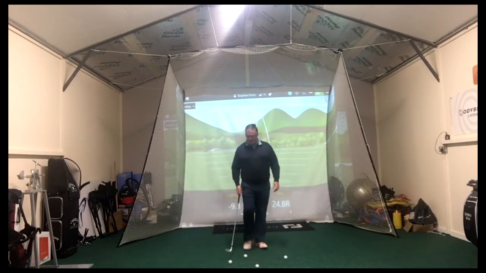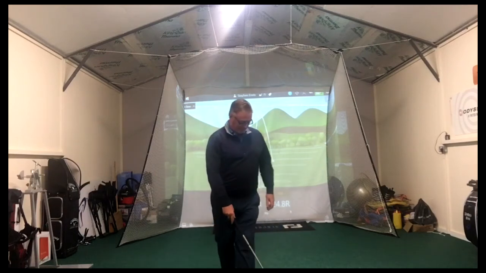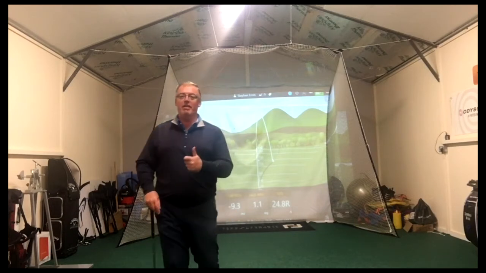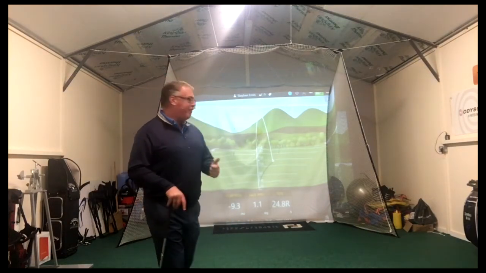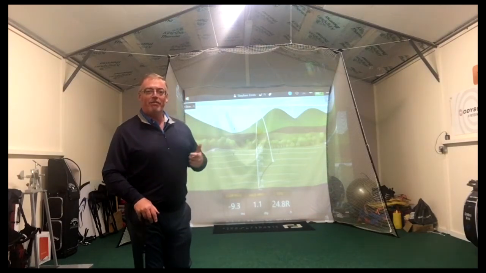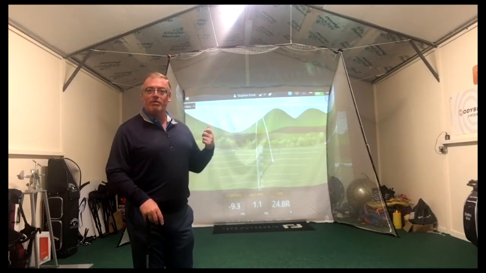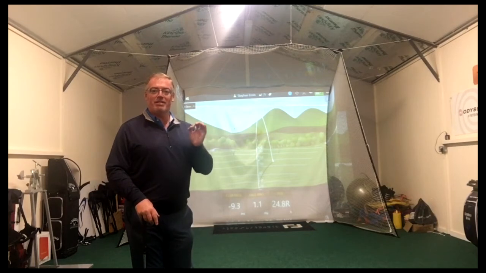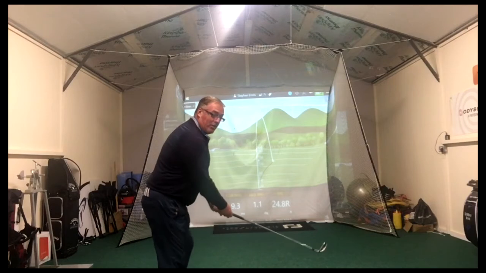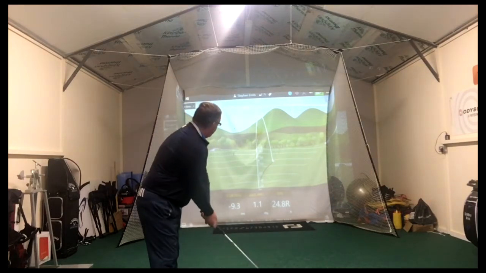Let's go again. This time, we're going to try and control that club face. So what I want here, even though I'm going to be swinging left, I want that face left of the target every time. I know you're going to say, well, why are you aiming away from it? My swing is left. I want the ball starting down the left. Some will curve back, some won't. But the key is, I know it's going to start down the left half, and it'll either stay straight or it may curve back. That's okay. Because guess what, folks? That's predictable. That's playable and that's scoreable. And that's what we're after in this game.